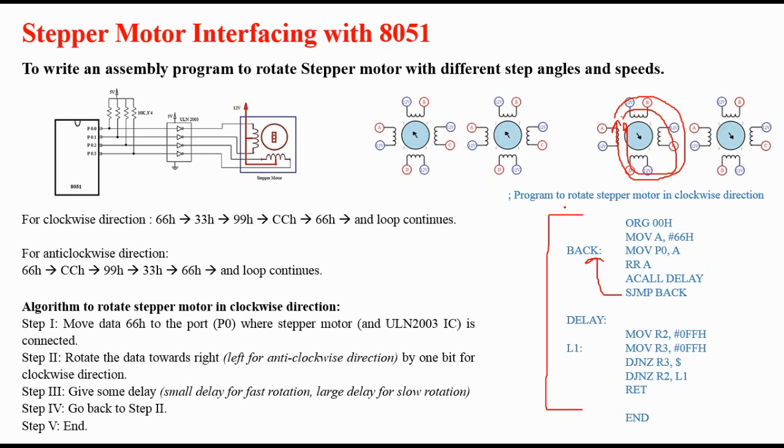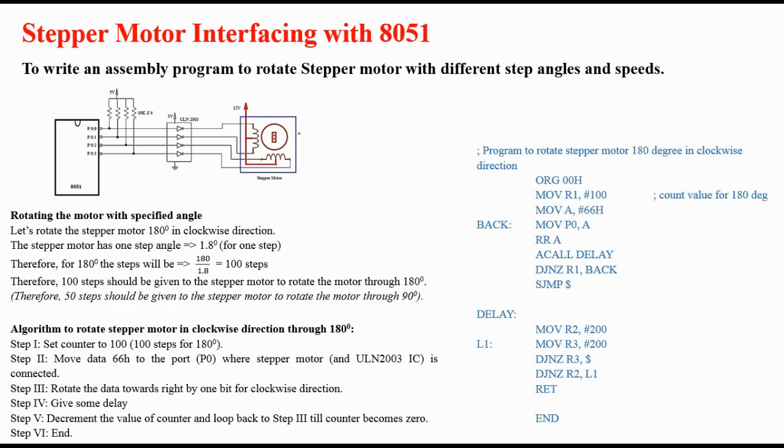Now let's say, instead of 360 degrees, we want to rotate the motor through 180 degrees. For that purpose, we will first have to calculate for how much time this infinite loop will rotate. Because now we don't want our motor to keep rotating for 360 degrees and for an infinite amount of time. We want our motor, let us suppose this is the motor, this is the direction of the shaft.